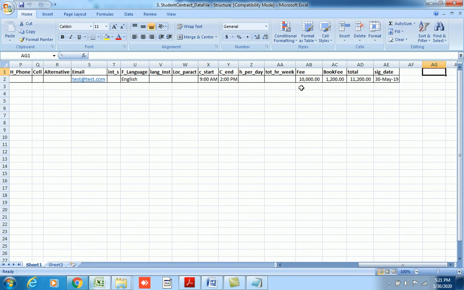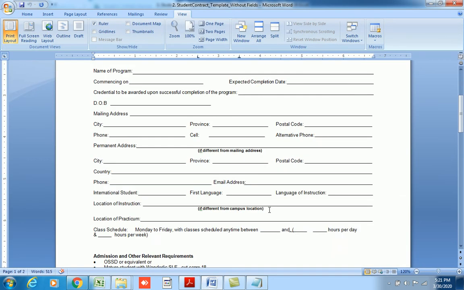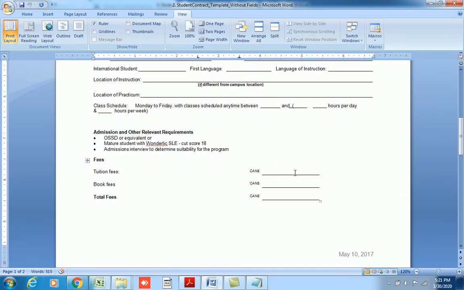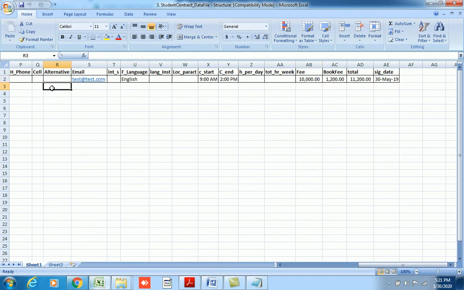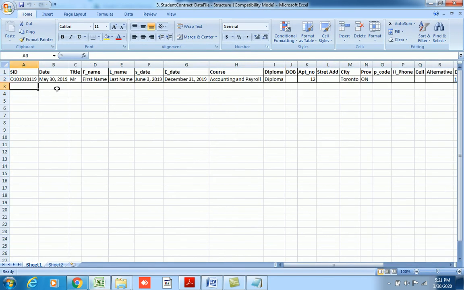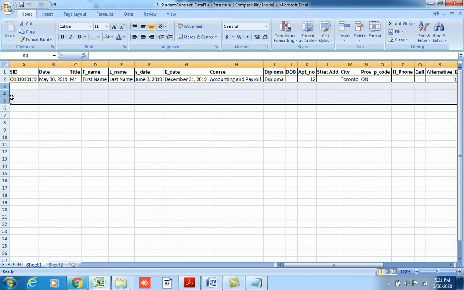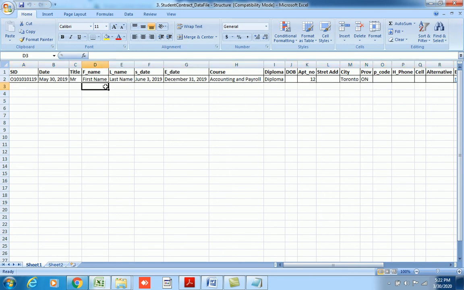So for example, there is fee information here, right? When we link it, it will come to this field or this column or this area basically. All right, and to make it a little easier, to show what kind of data you will have to add in this Excel file, I have added one sample row here, right? And what I would expect from you is to add at least three more rows, including one where you put your own name, your own first name and last name.